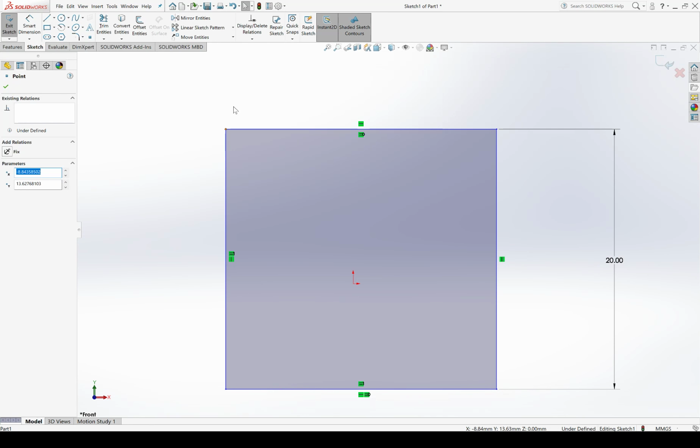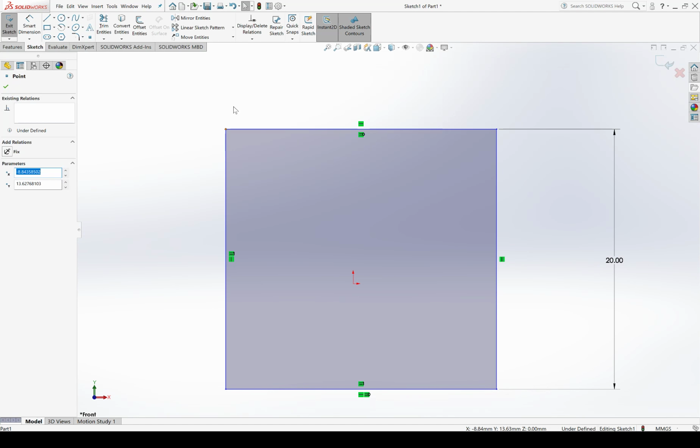Now I know what you're thinking. You're thinking, but John, you've just drawn a square in space. Position implies a position relative to something else. What is there to define a position relative to? That's a good question. My position is defined relative to the origin of the part. I have to put the origin somewhere intentional. I could put the origin on the bottom left-hand corner, for example. I could put the origin on the top right corner. But for character building, let's put the origin in the exact center of my square.